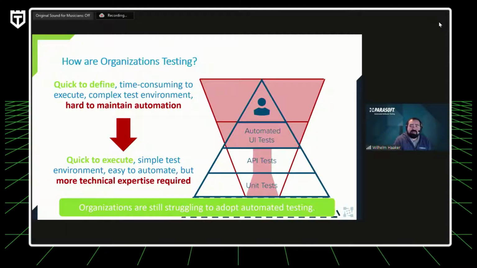So the bottom line here is that many organizations are struggling to adapt their testing strategy, especially in this current climate of microservices architectures and agile development practices. So that's what we're all about, and that's what we're going to be looking at: how code coverage and TIA, or test impact analysis, can help address some of these symptoms we see when it comes to inefficiencies in the software